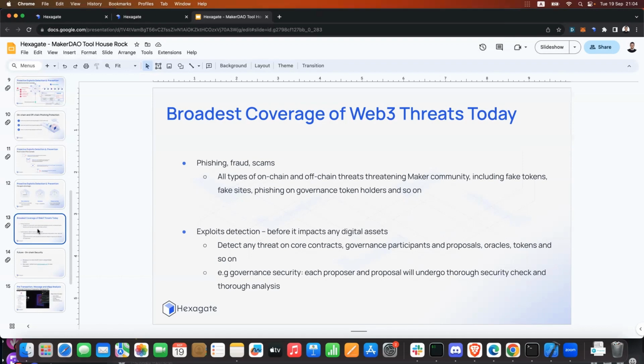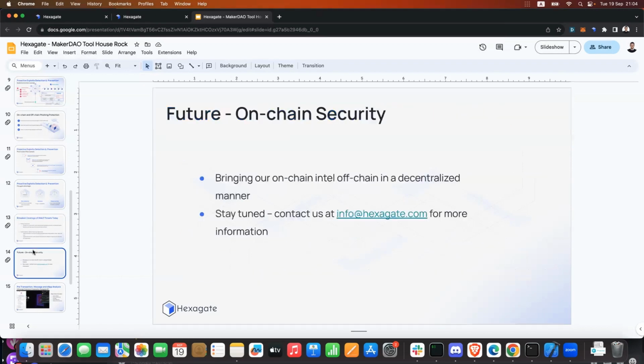So that's that. Another thing I won't cover this time, but we're working on, is our on-chain security module. It's not a protocol by itself, but rather some sort of interface that will enable us to incorporate our on-chain intel off-chain, still in a decentralized manner, in a manner that does not waste too much gas and so on.